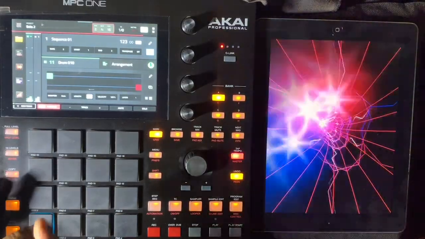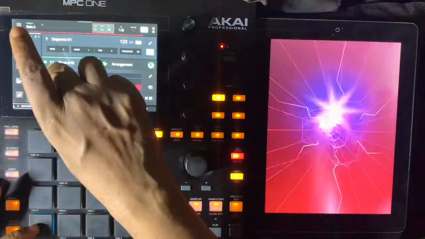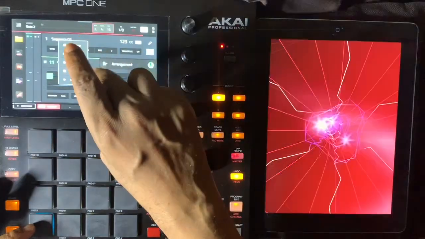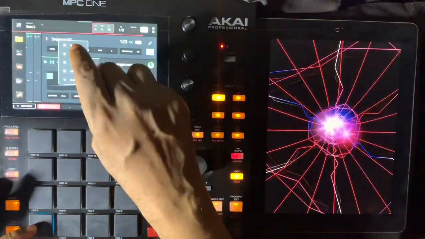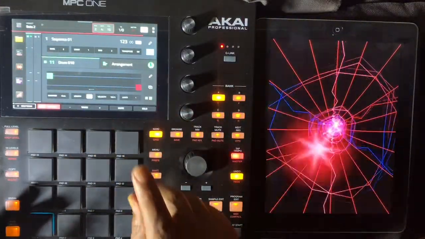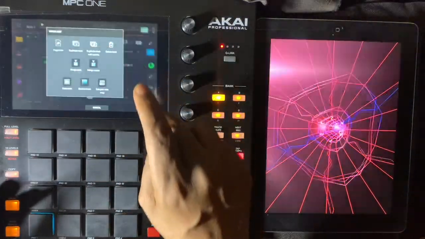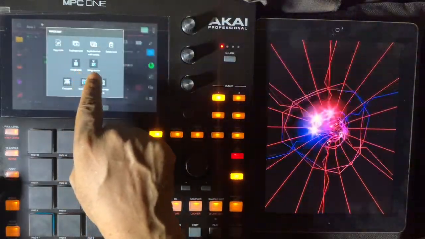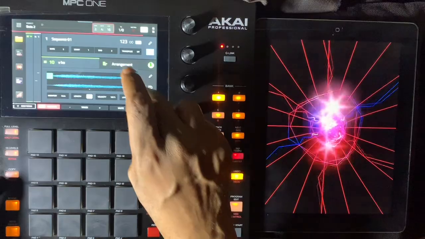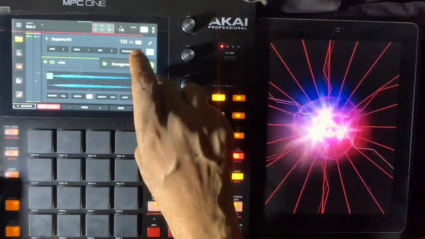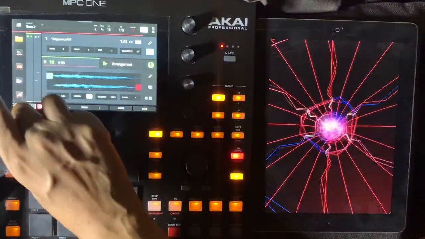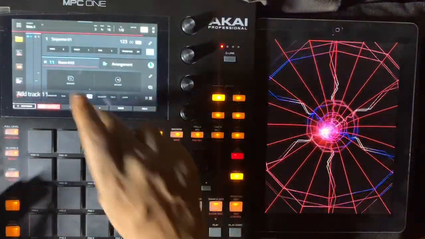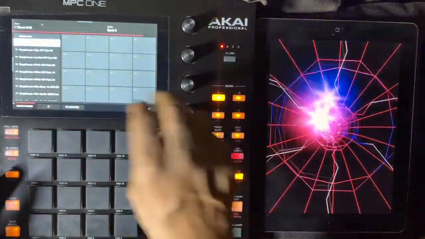Okay, so I got a bigger problem. So now, where did I see, let's switch options. So first, copy track, duplicate track, delete track. First, let's delete this track. Okay, so track is gone. Then new track, and then browse sound. And I gotta figure out